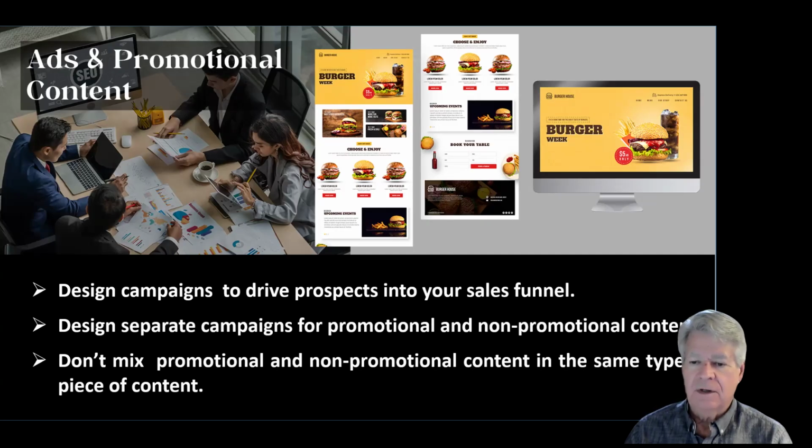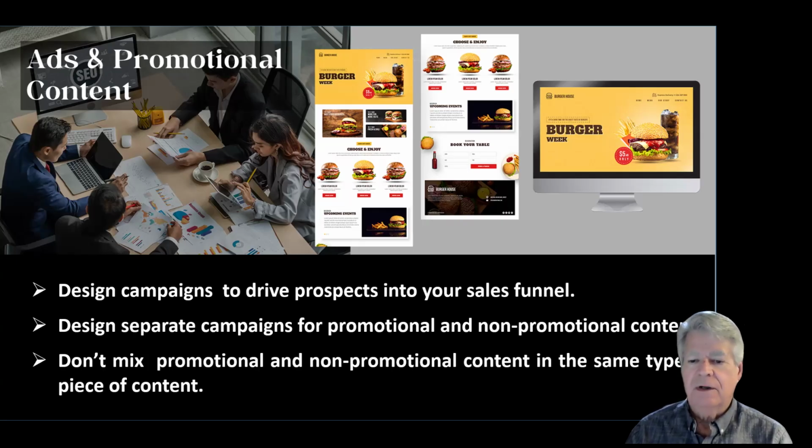Place ads within your content only if it looks like an ad and is separated from the main content by a border or some other graphic element. In video ads, use an obvious transition effect before and after cutting to a promotion of any kind. Preferably, these are at the end of your video. This doesn't apply to a marketing video, which is already promotional in nature. It is obvious to the consumer that these burger ads are ads and not content designed to be non-promotional. Don't confuse the user. You want them to recognize an ad when they see one.